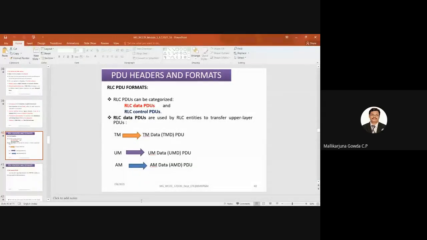Okay, I was talking about different layers of LTE, right? So I discussed the services and functions of the MAC sublayer, RLC sublayer, PDCP and all. So now let us discuss the header format of the PDU. So RLC PDU formats. Okay, so radio link layer